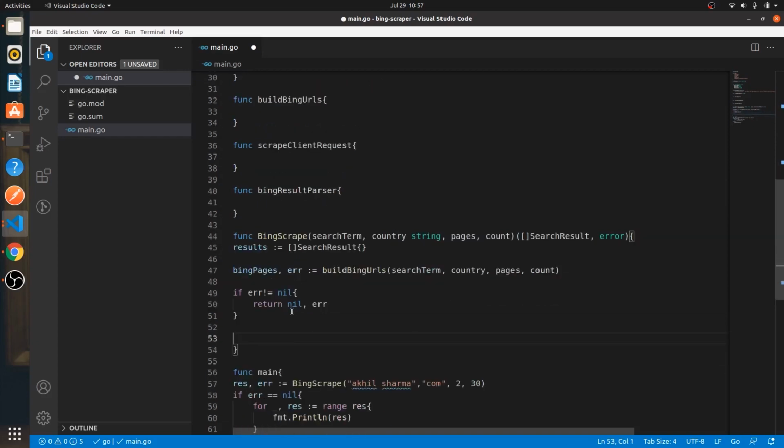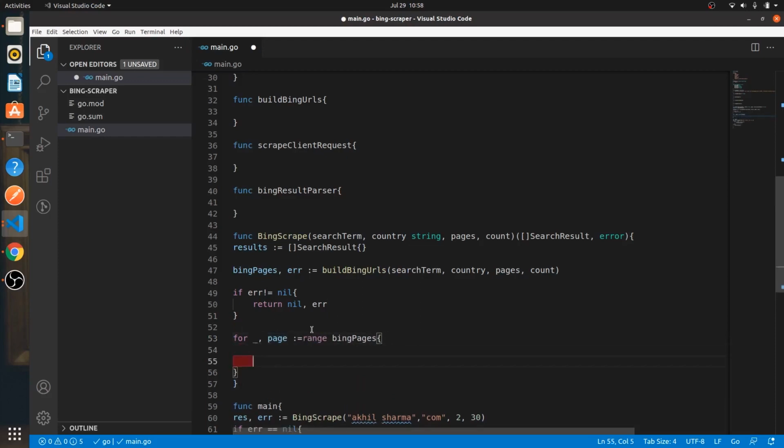And if there is no error, then what do you want to do? We want to range over our Bing pages. But to range, you need a for loop. So we'll say for comma page, and we'll range over these Bing pages, and we'll say rank is equal to length of results,